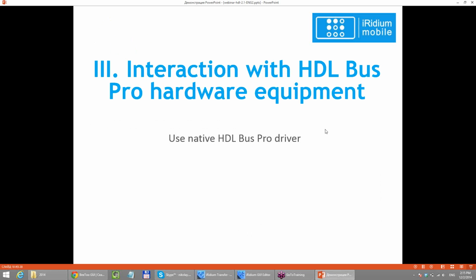Okay, so how to set up the interaction with HDL BusPro hardware equipment. After this presentation ends, we will see this, but the main thing which you need to understand is that we use native HDL BusPro driver. Native driver is something which gives iRidium